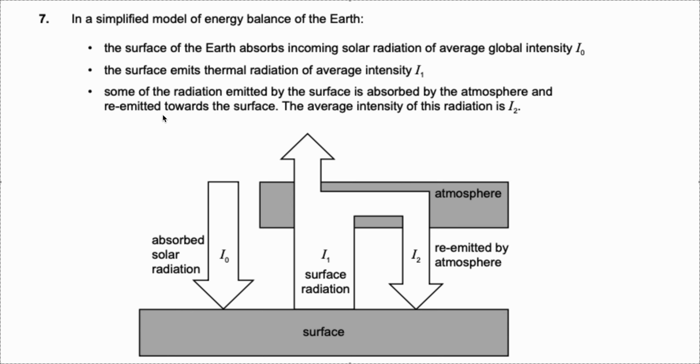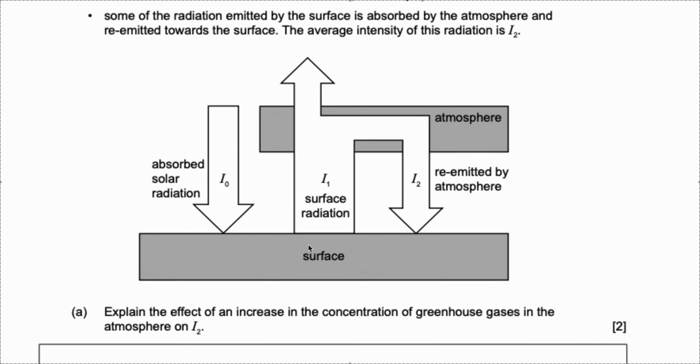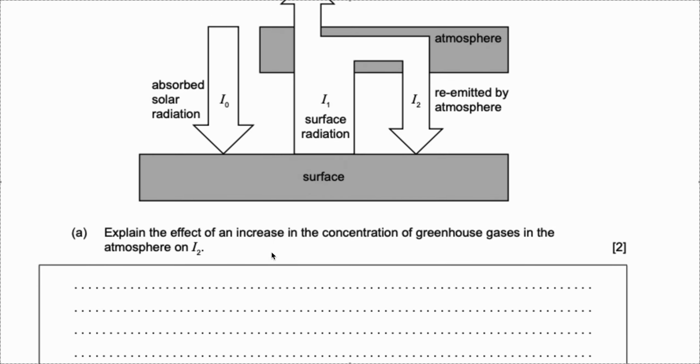want us to read. The surface of the earth absorbs the incoming solar radiation of average global intensity I0. The surface emits thermal radiation of average intensity I1, and some of the radiation emitted by the surface is absorbed by the atmosphere and re-emitted towards the surface. The average intensity of this radiation is I2. Okay. So they want us to explain the effect of an increase in concentration of greenhouse gases in the atmosphere